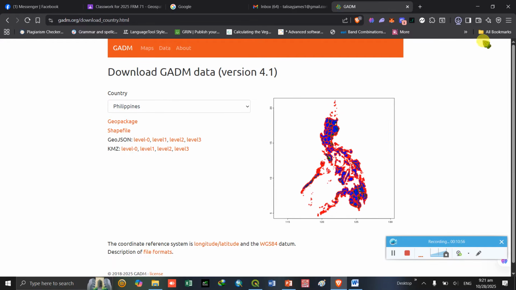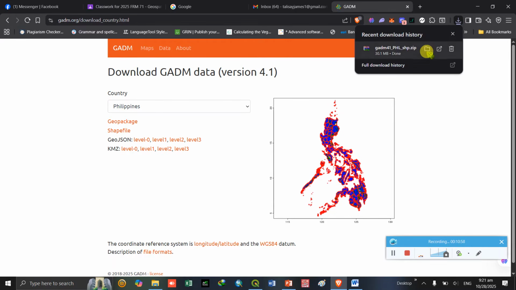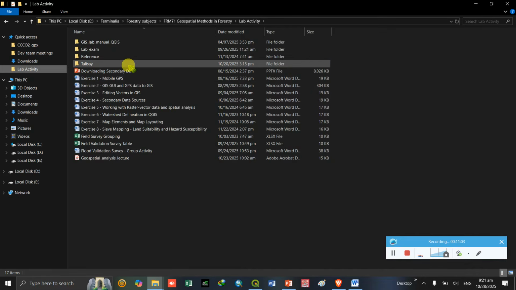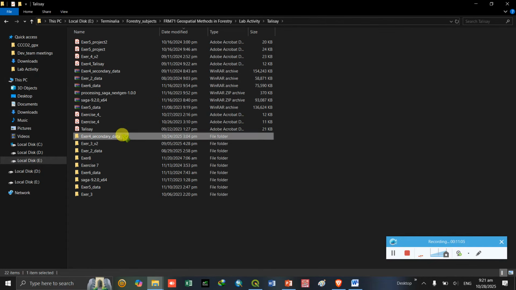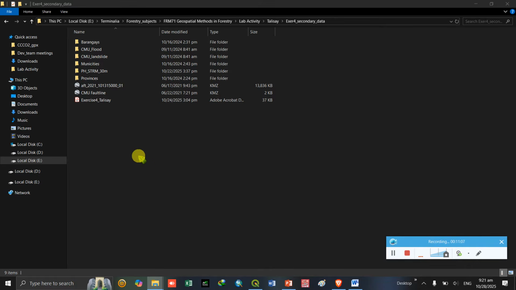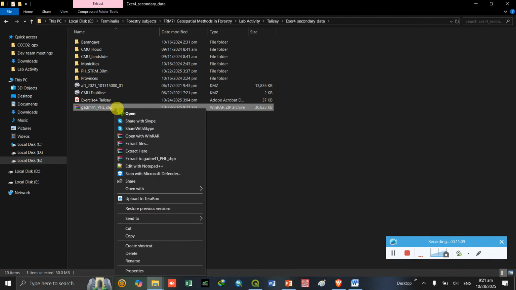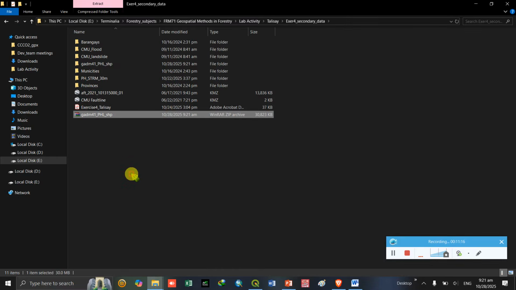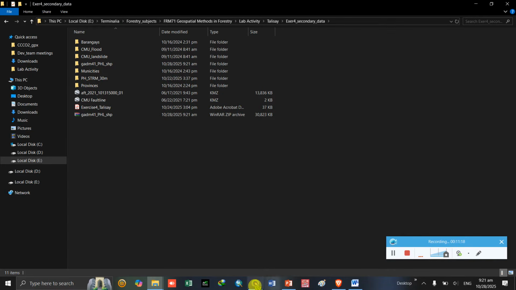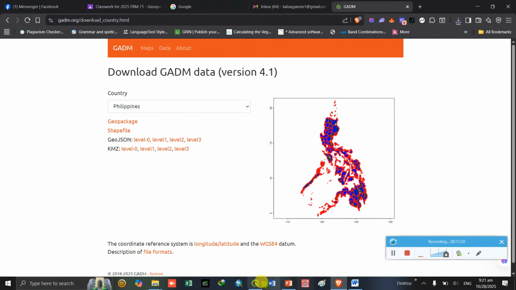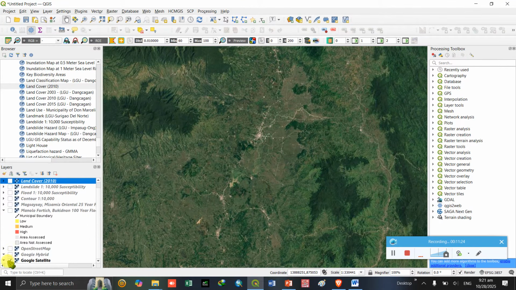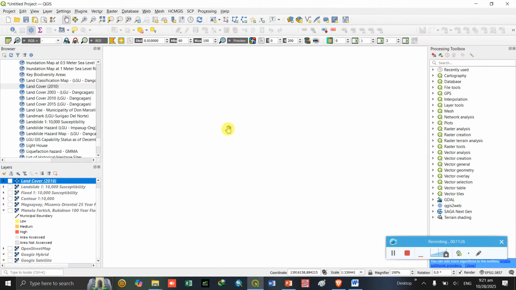Then you just need to locate that data and then transfer it to our exercise board, something here. Then we will export. Then we can add, no, some of those data, our QGIS.